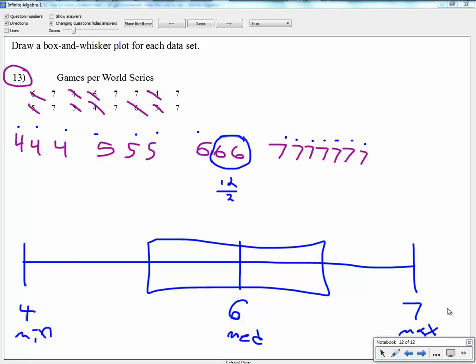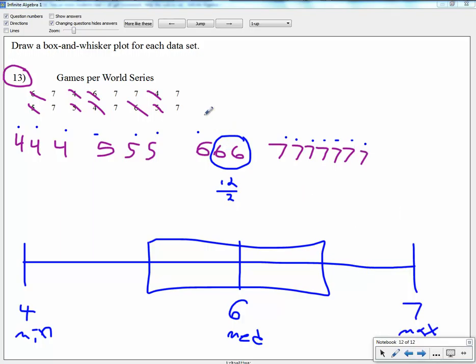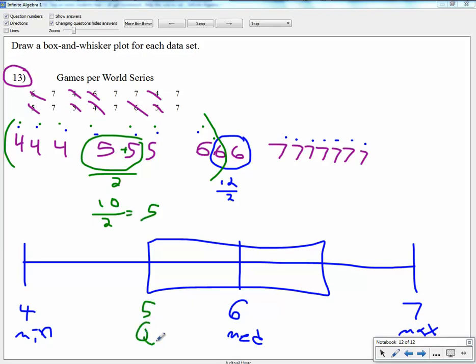Next one is, now I'm looking at the lower quartile, which means I'm including this number and all the way to here. So I have 1, 2, 3, 1, 2, 3, 1, 2. So I have to add these up, divide by 2, which 10 divided by 2 is just 5. So my 5 is my Q1. And obviously right here, I can pretty much just guess that 7 is going to be my